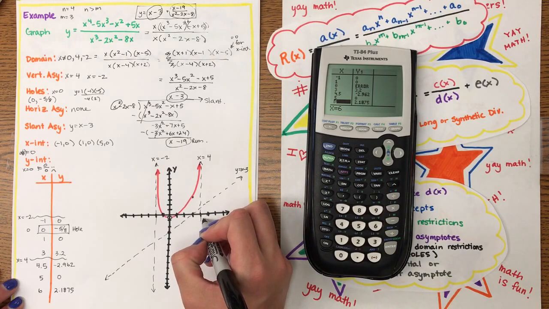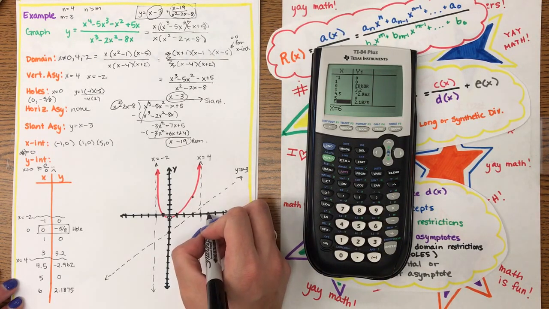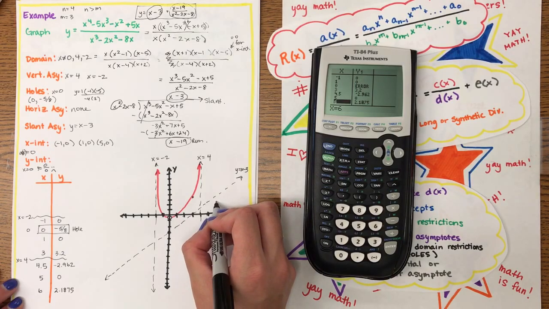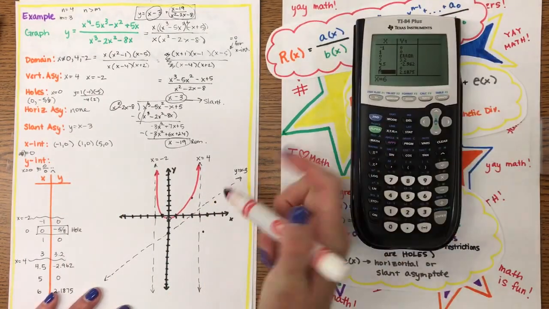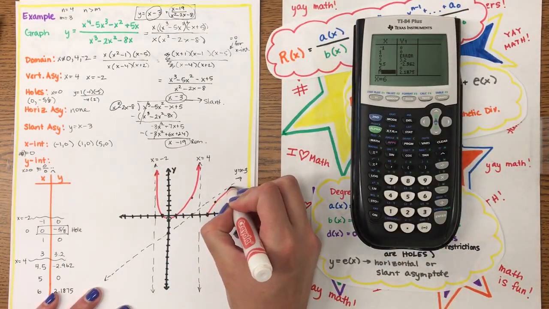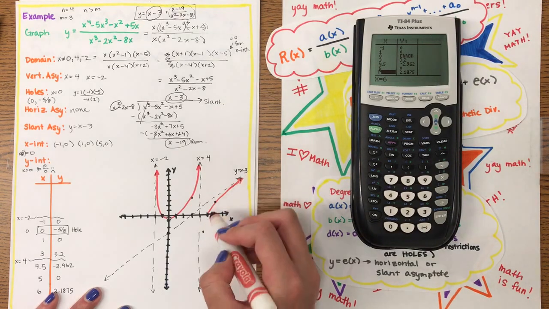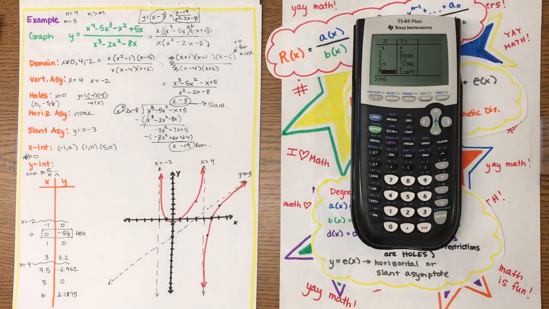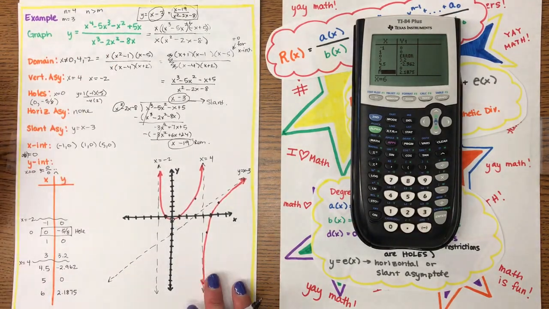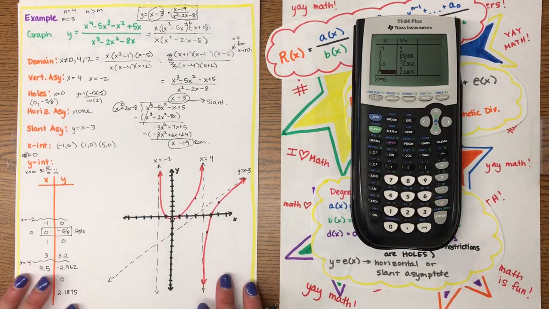4.5, just less than negative 3; 5, 0; and 6, 2.1875. This is enough. What I see here is that my graph is approaching this dashed line there and this dashed line there. Then if I move on to the other side,